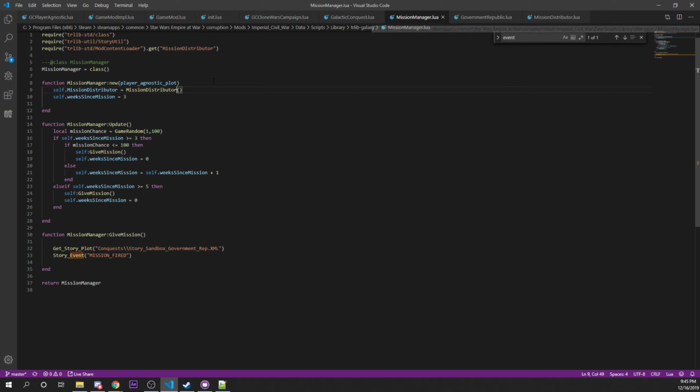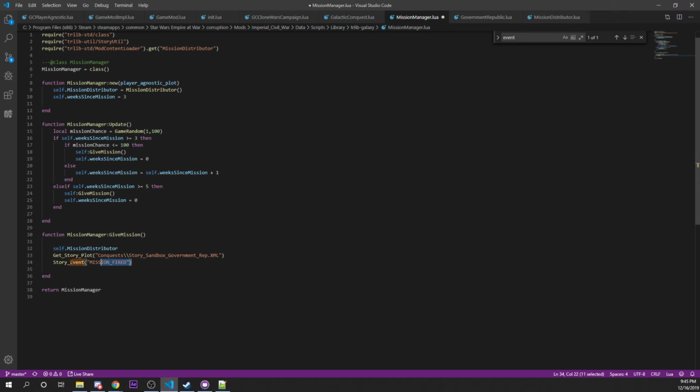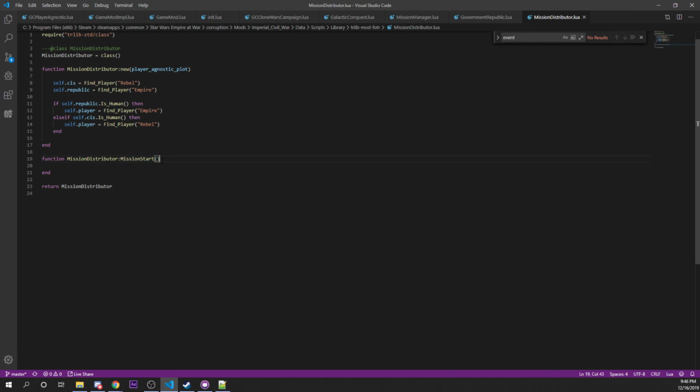self.governments update, mission manager, self.mission distributor. Mission start. Which really, I don't need this function then. I can just go straight from here. Because right now we're not really going to use that for much else. We're probably going to need it for something else later, but I won't worry about it yet. Mission distributor, mission start. And here,